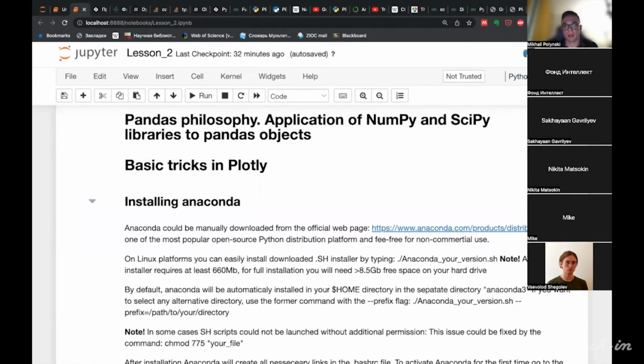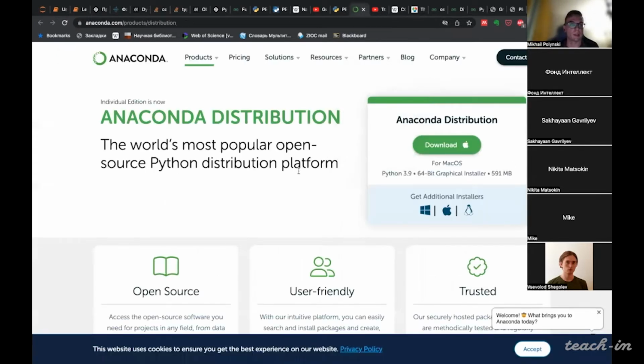Okay. First of all, everyone should install Anaconda if you didn't do that on your personal computer. It's easily Googled.